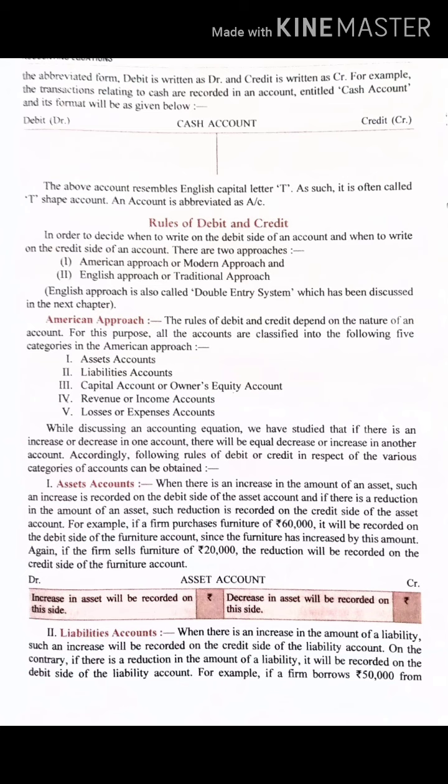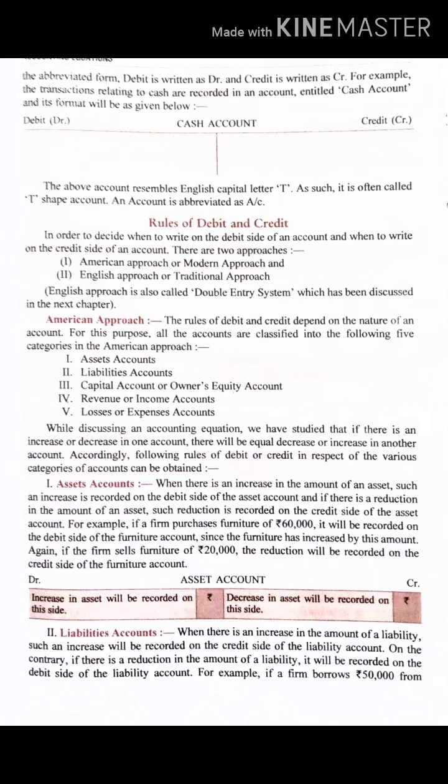Do remember, liabilities are loss. Okay. So in actual terms, when liabilities are increasing, that means a type of burden is increasing on us. So when there is a burden, that means it is loss. So we will show loss, that is, we have to pay. Pay means reduction. In the coming future, we have to pay. So when we have to pay, that means it is on the reduction side. Reduction, that is credit side.